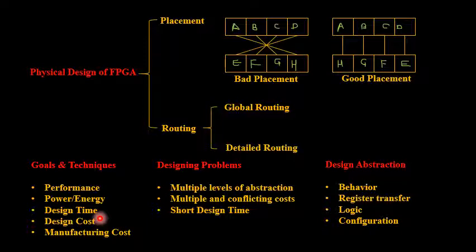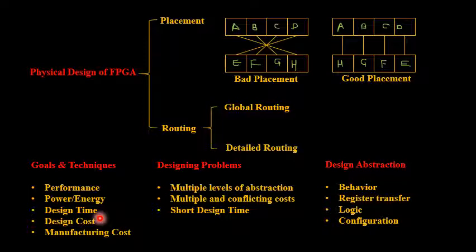And design cost. The design time plays an important role in your design cost, but other factors such as the required support tools also have to be taken into consideration. FPGA tools will be less expensive when compared with custom VLSI design tools. So FPGA is a bit more effective. So that is regarding the design cost.